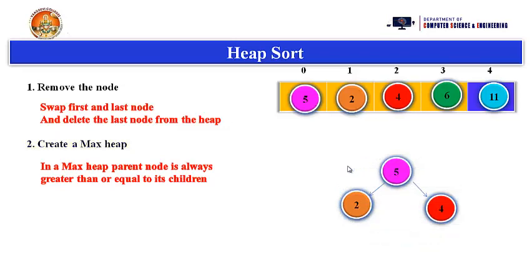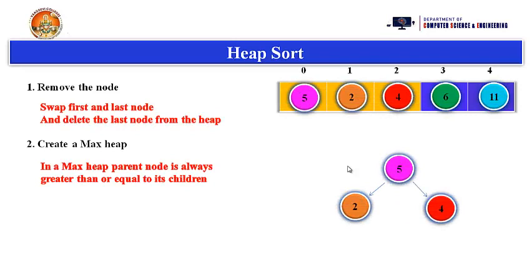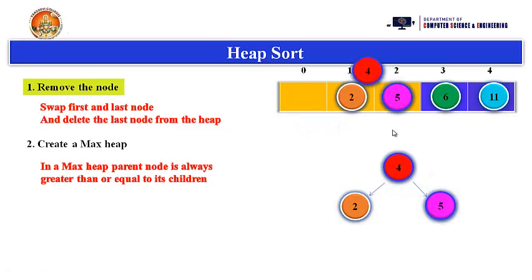Now after the second pass, the array is like this and the tree consists of only 3 elements. You can see 6 and 11 are in sorted order. They are in blue and we need to sort the yellow values, that is the first 4 array values. Again we take the first step, remove the node. That means we need to swap the first and last element. The first element is 5 here, the last element in the unsorted array is 4. We need to swap those elements, and swap them in the array also. Swap the elements, then delete the 5 element node from the tree.